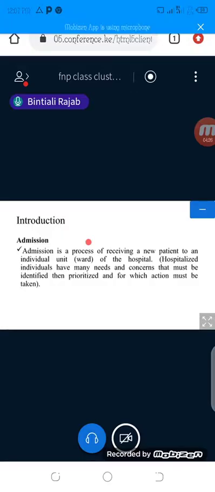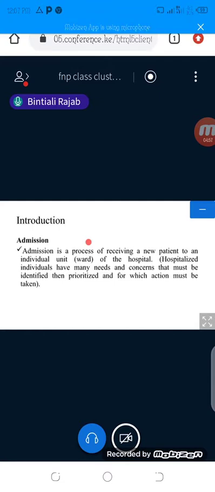The definition of admission is a process of receiving a new patient to an individual unit or ward of the hospital. I repeat, it is a process of receiving a new patient to an individual unit or ward of the hospital. Hospitalized individuals have many needs and concerns that must be identified, then prioritized for which action must be taken. So basically what we mean here is that